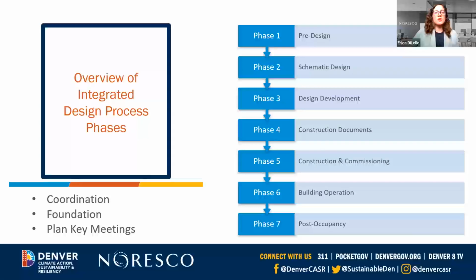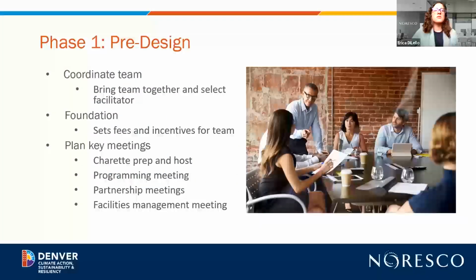So I'll go ahead and walk you through each of these phases. Pre-design is really exploring the relationships between the project and its surrounding environment, and selecting optimal choices for site occupants and the building owner. Sustainability goals might be set during this phase, covering economic, environmental, or social performance criteria,